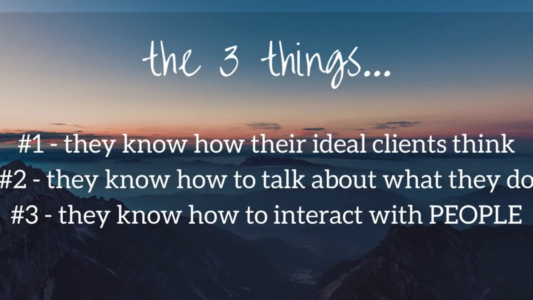Again, we were talking about the big three things that people who are succeeding and people who are struggling do differently. There were three things that I mentioned in part one. The first one was identifying and figuring out the minds of your ideal clients. In this part, we're talking about the second thing, which is how you communicate with your ideal clients, all the things that you say. So communicating really well with your ideal clients involves all of the things surrounding how you describe what you offer, how you talk about the value of what you do.